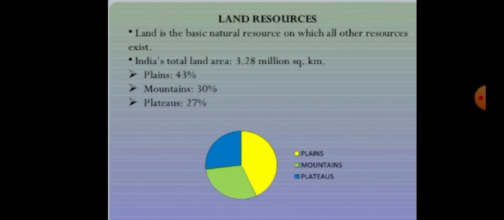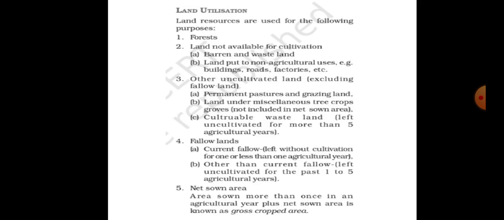Land resources, we have this pie chart showing plains, mountains, and plateaus. We know that most of the population lives in plains because more occupational opportunities are there. Land in India is being utilized for all these purposes. For example, forest land. Then land not available for cultivation, that is barren and wasteland. Land